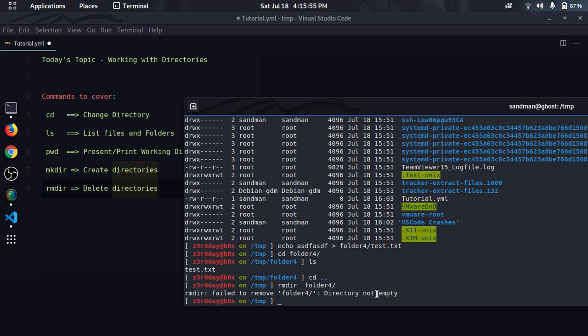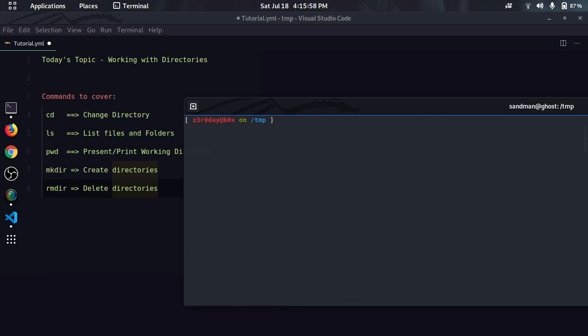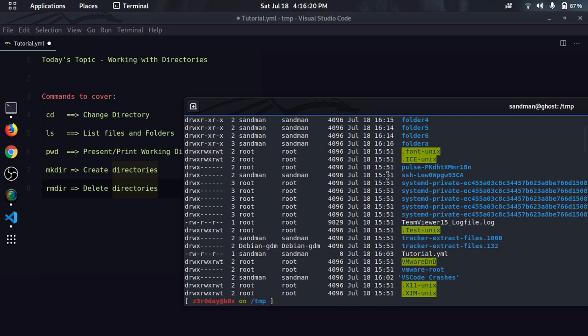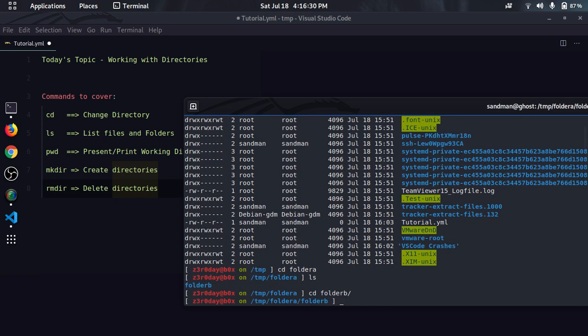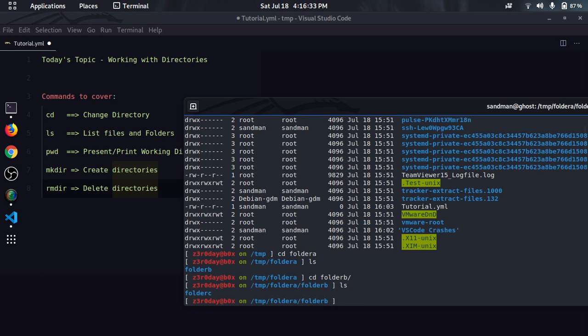The final thing we are going to cover is how to create a nested directory structure using mkdir. mkdir, we have to use -p, folder A, folder B, folder C. Now it will create all folders in order. Folder A will be created, then it will shift to folder B, then will create C. ls -la. As we can see, the folder A is here. Let's change to folder A. Now as we can see, folder B is created. cd folder B. As we can see, folder C is created.